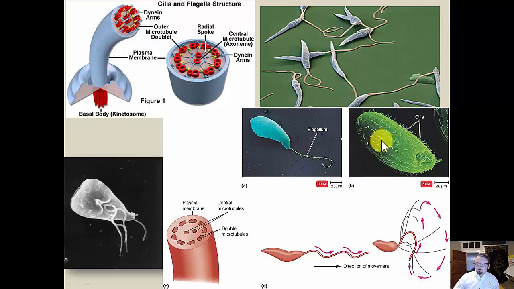So I like to think of flagella as more like one major, or maybe a couple major motors that is on the back of a boat. Think of a flagella like this. Think of this as like a little boat in the water. Think of this as like one big motor on the back, and you kind of have one big mechanism of propulsion. Cilia, I like to think of like a Viking ship with lots of little oars on both sides.